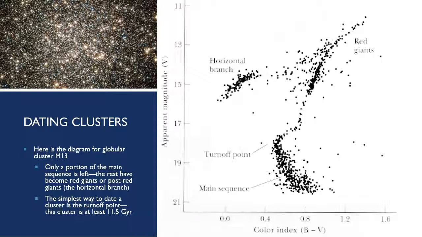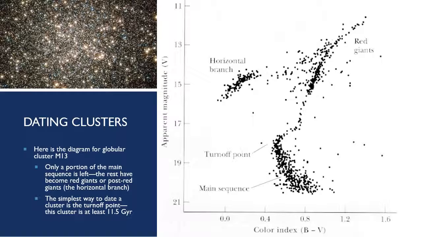Here's a diagram for globular cluster M13. So here you see the main sequence, and many stars have left the main sequence. You see a pretty clear marked turn-off point. You see this instability zone. You see some red giants, and then you see a horizontal branch that are in the post-red giant branch. And where are those stars going? Some of them are going to the white dwarf section that you saw in that simulation a few slides ago.